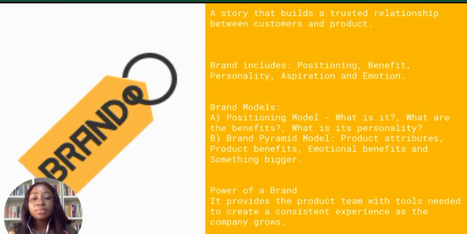Then the second brand model is the brand pyramid model. This brand pyramid model includes the product attributes, that is the characteristics of the product, the benefits, the emotional benefits, and something bigger.